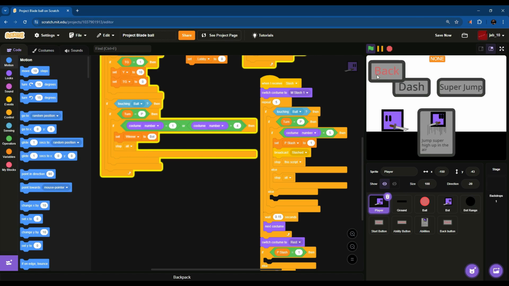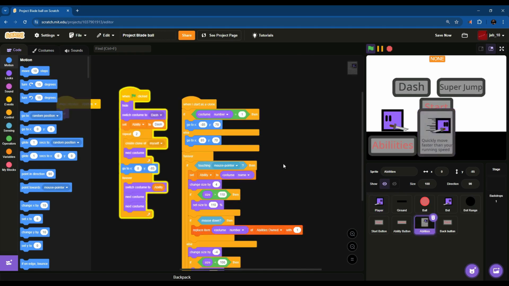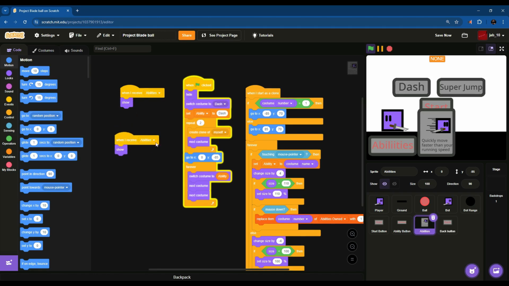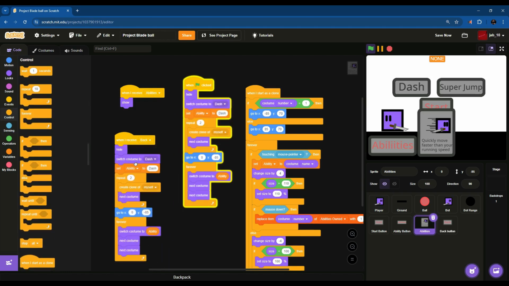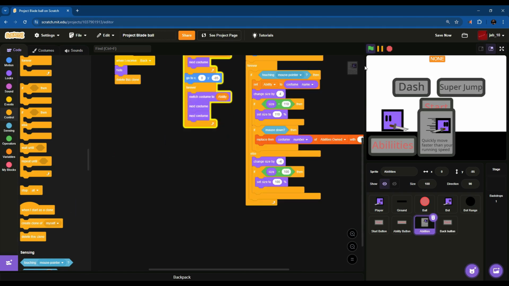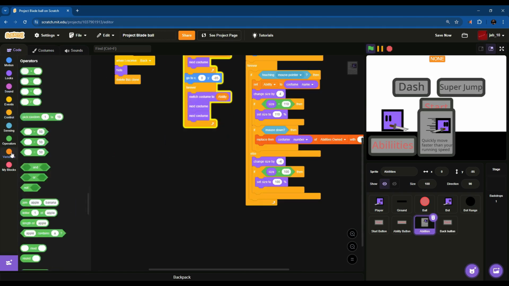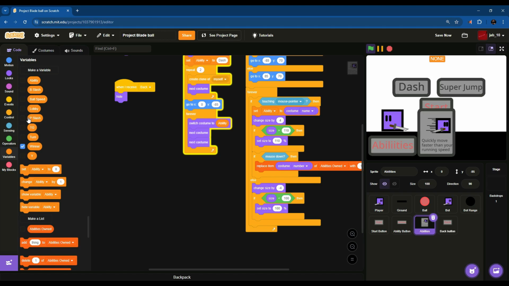Alright. We can go back to start. Oh, and go to abilities, and then when receive back, hide. And delete clone, just for less lag, I guess. Actually, no, don't delete the clone. Just hide. And then,